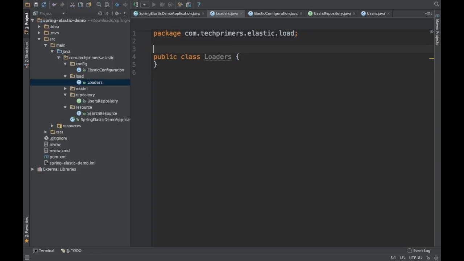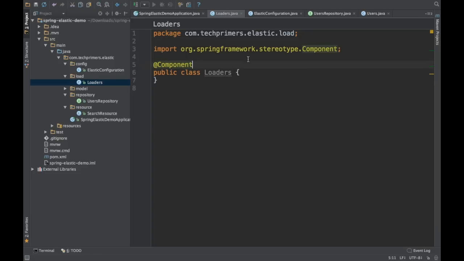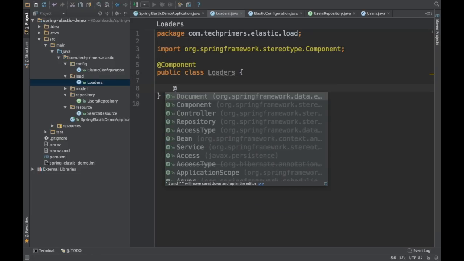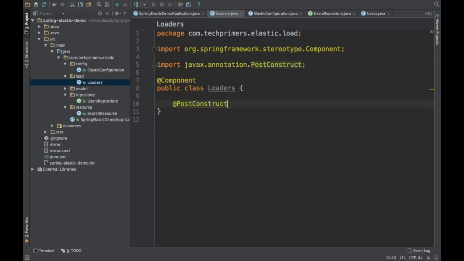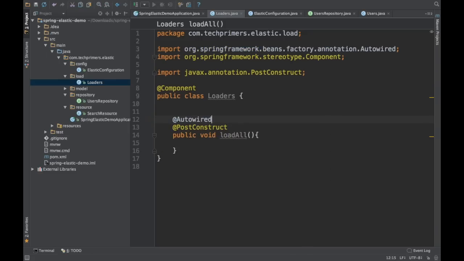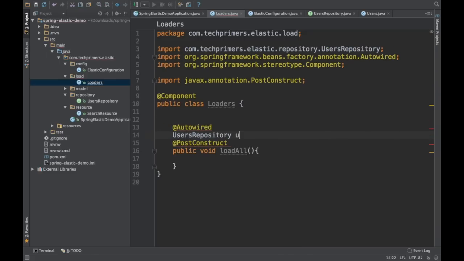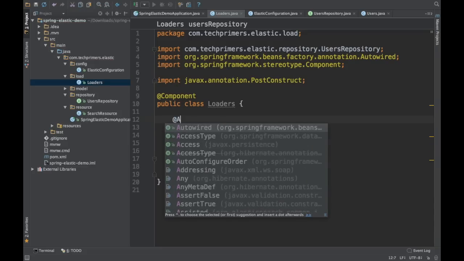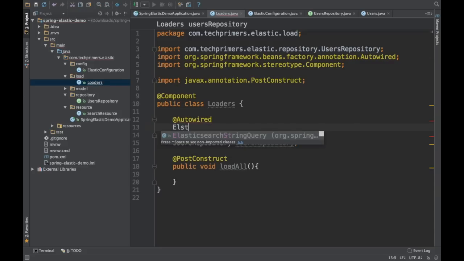In loaders, let's annotate it with Component so that it's injected. Inside the loaders, I'm having a PostConstruct. This PostConstruct method will be executed whenever this loaders is completed. Okay, so what we are going to do here is inject the repository which we created, the users repository, which is plugged into the Elasticsearch, and also we are going to insert a new object which is called Elasticsearch